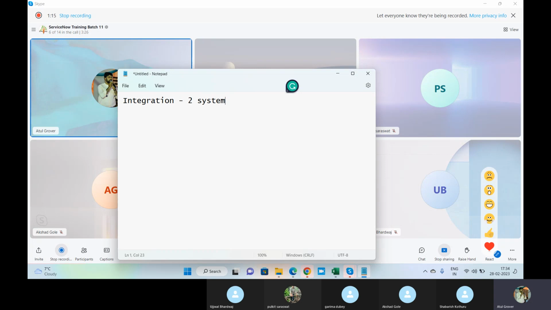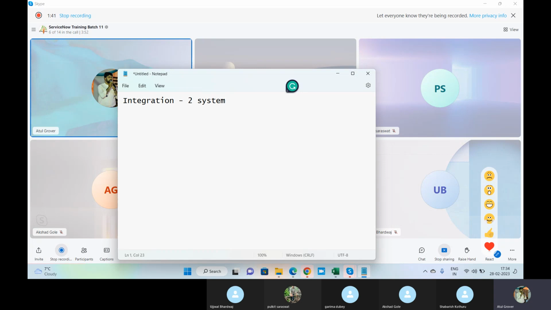Integration means how two different systems can talk to each other. If I give a normal example, with Bluetooth, I can connect my speakers. This is the integration I'm doing. We are passing information from there to here as well.